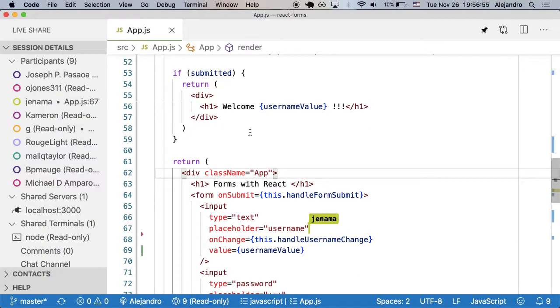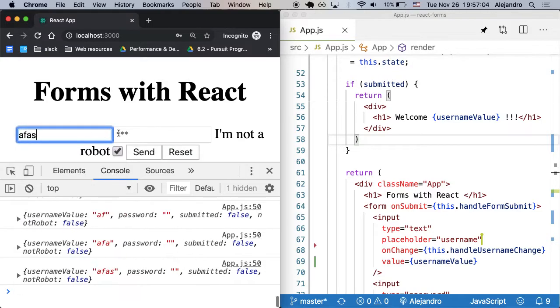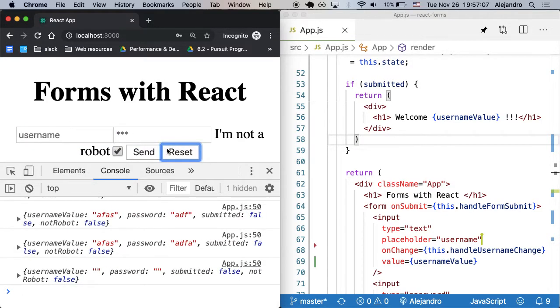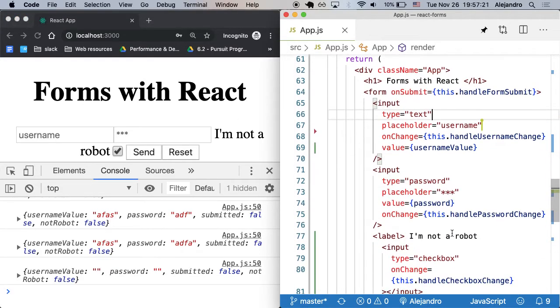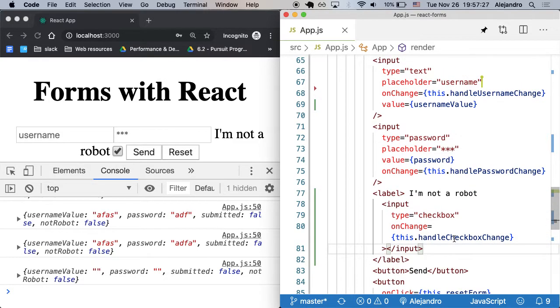Okay, so what do we need to do here? To be able to reset the checkbox whenever you click the reset button. Hugo? I've changed the on click to on change for the checkbox, and then I added a property called check, and then I put the not robot in